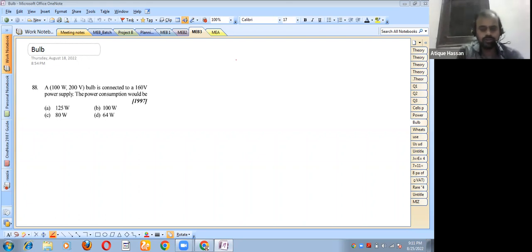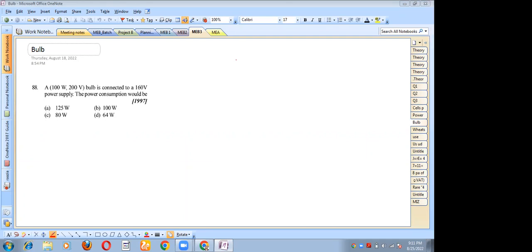Kulsum, how to solve this question? Any idea? First we find resistance, which is voltage squared by the power,